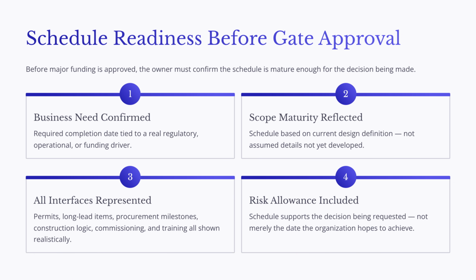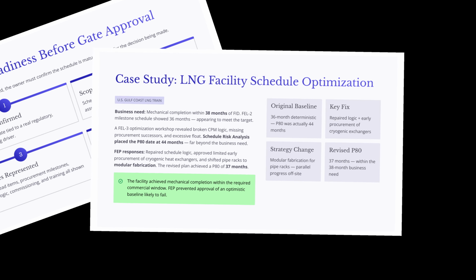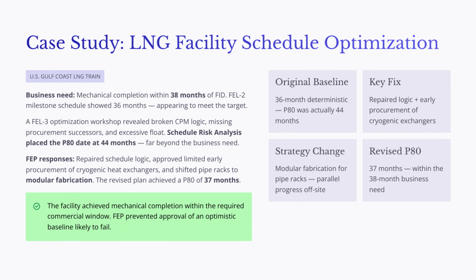A strong gate review protects the owner from approving an optimistic schedule that later becomes a source of delay, cost growth, and claims. Let's look at a practical example from a U.S. Gulf Coast LNG facility. The project team needed mechanical completion within 38 months of final investment decision. During FEL2, the preliminary milestone schedule showed a 36-month duration. On paper, the project appeared to meet the business need. However,